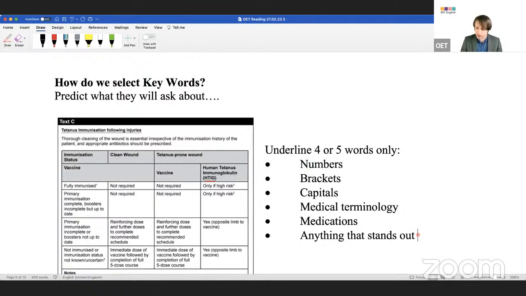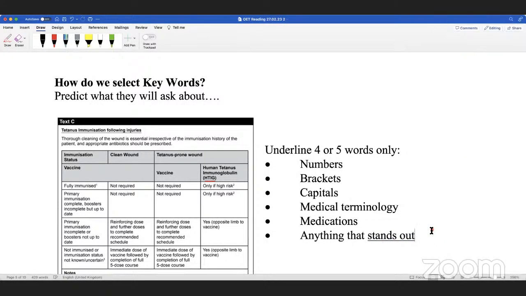What does stand out mean? Strange. Anything important. Dominant, says Norzad. Guys, does this pen stand out? No, not really. Which one stands out? Important, yes. So anything like that you see in a text, you're going to underline it, but only 4 or